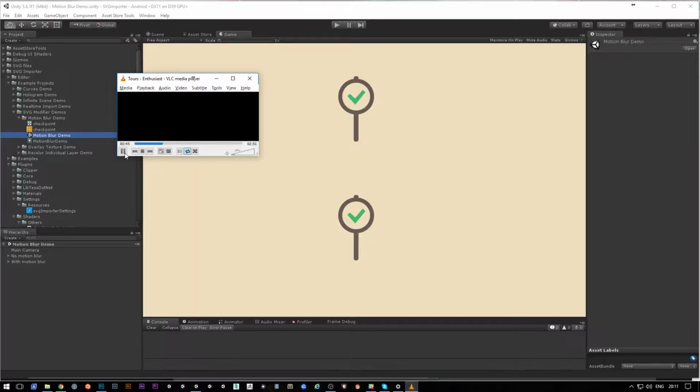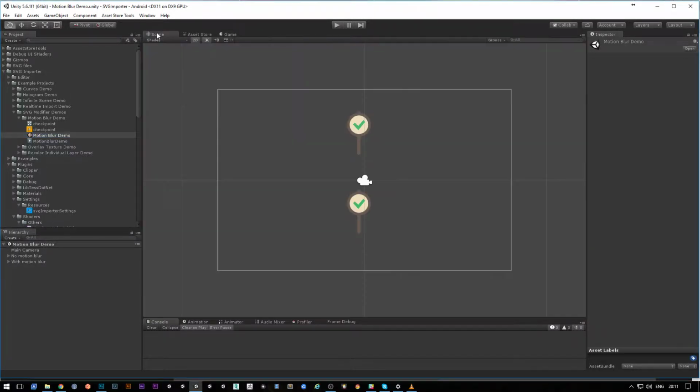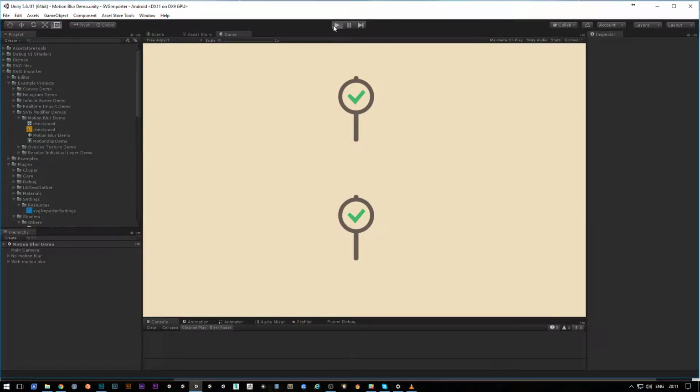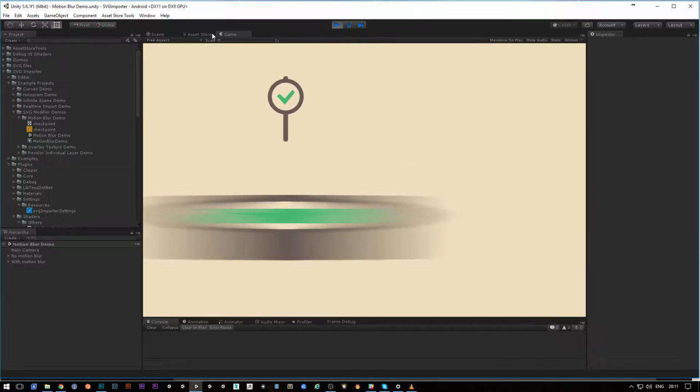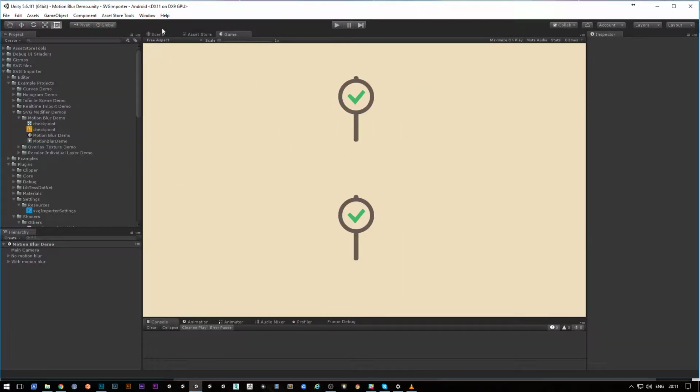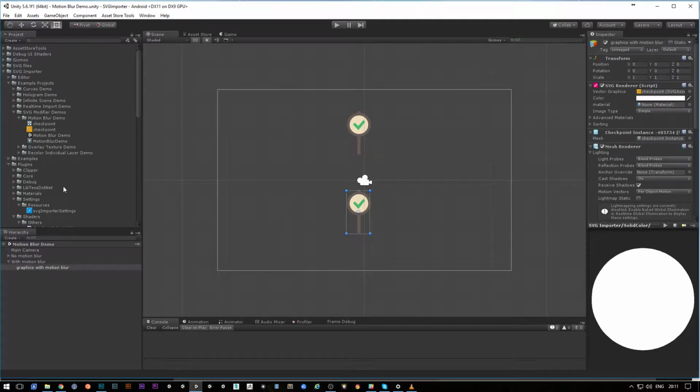So as you can see, I have opened the scene which is called SVG modifier demo, which is part of the SVG Importer, and this one is called motion blur demo, and it's actually using the native anti-aliasing function. And as you can see, it's really exaggerated, so we will make it much more usable